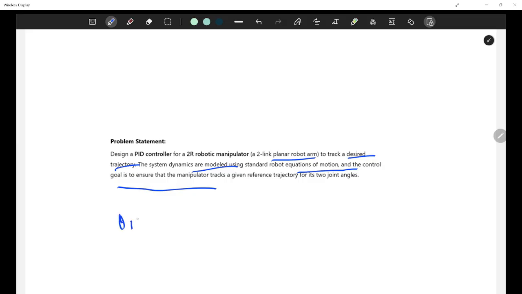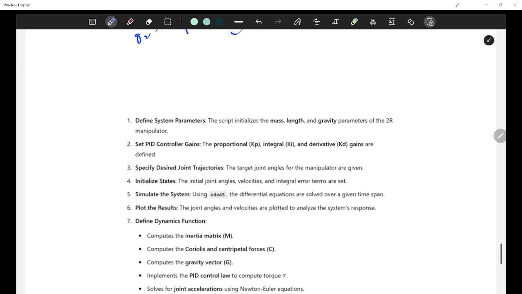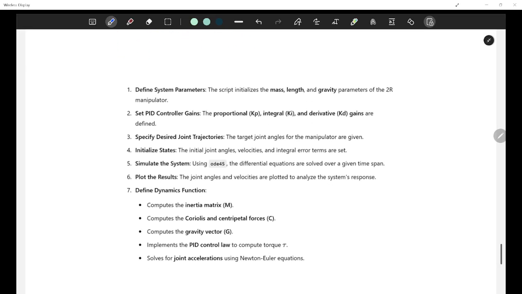So let's say I want theta 1 to be pi by 6, theta 2 to be pi by 4. Okay. So what I want is I am at rest position currently, and I want my PID controller to work on both the joints in such a way that I am able to achieve the following joint configuration. So that is all I want with this code. So how would one proceed if needed?